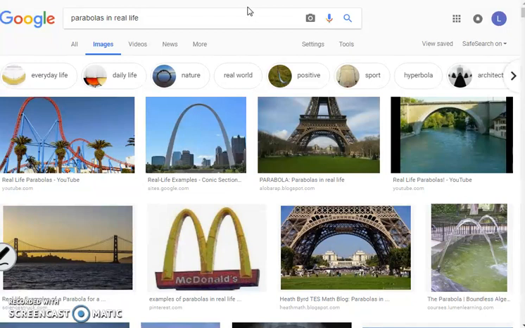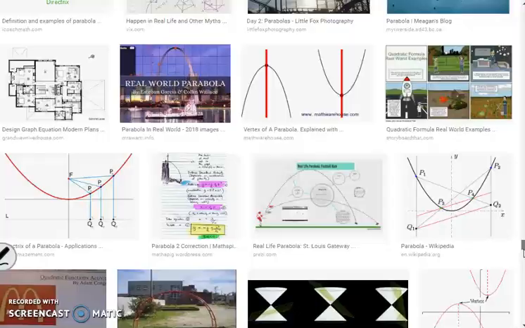To do that, you can go right to your Google search bar, look up images. The phrase you can type in is parabolas in real life. The image that I'm going to use is the image that I showed you in class